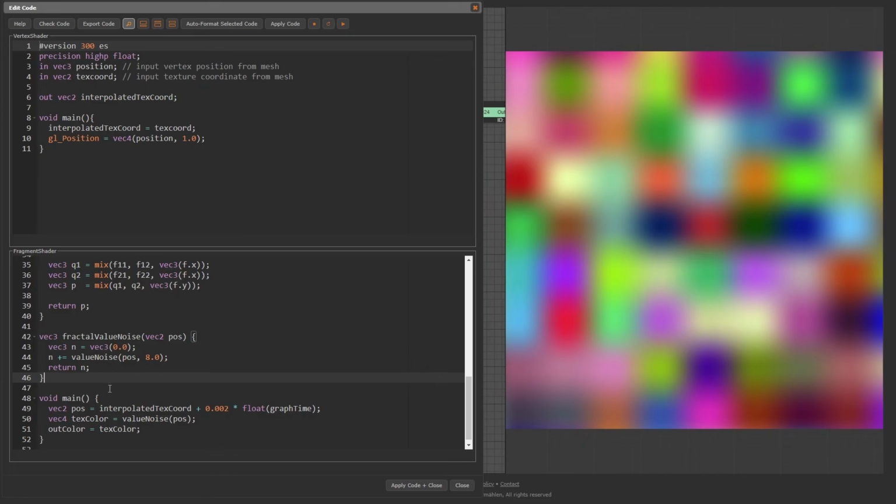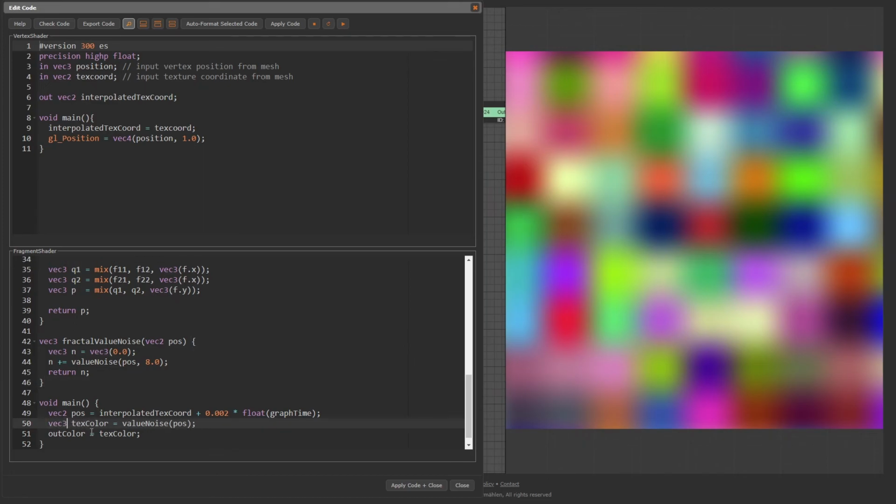And call it in the main function, vec3 textColor equals fractalValueNoise pos. outColor equals vec4 textColor, 1.0. Okay, this should not change anything. Apply, recompute, no change.